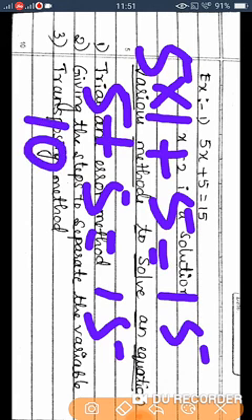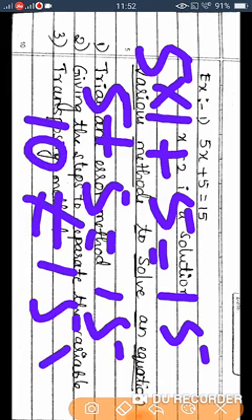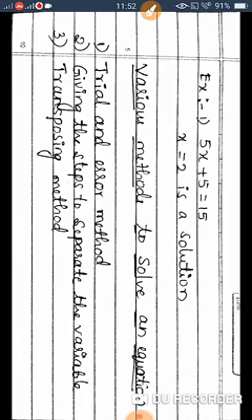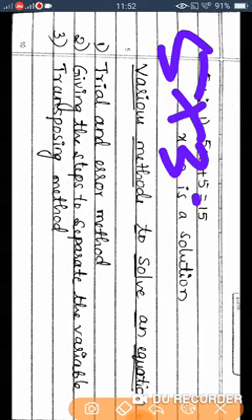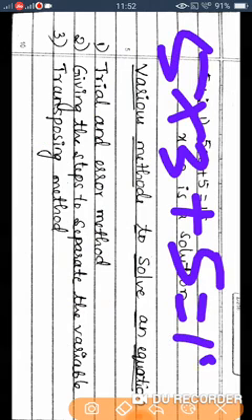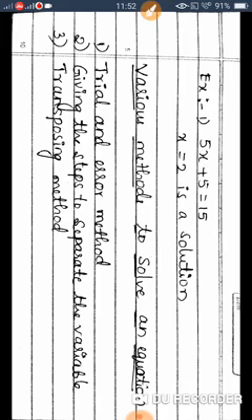5 plus 5, 10 it is. So these are not equal. So this is not the answer. Like that, next take the number as 2, as 3. Like this, you keep trying to get equal. That is called the trial and error method. We are trying and choosing numbers, substituting and finding whether the answer is true or not. So this is the trial and error method.